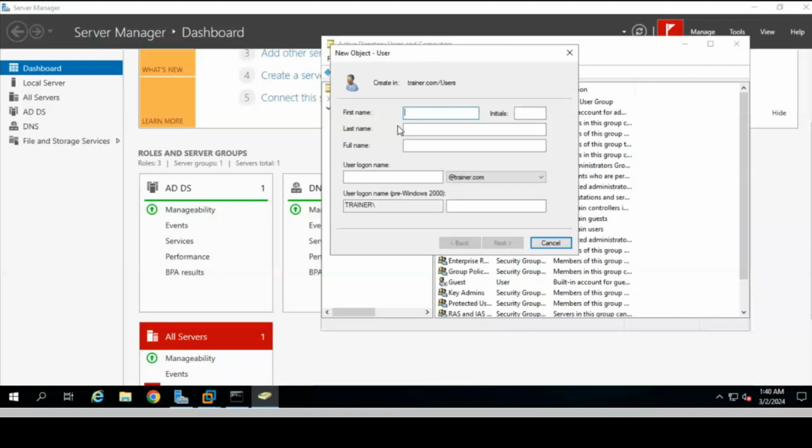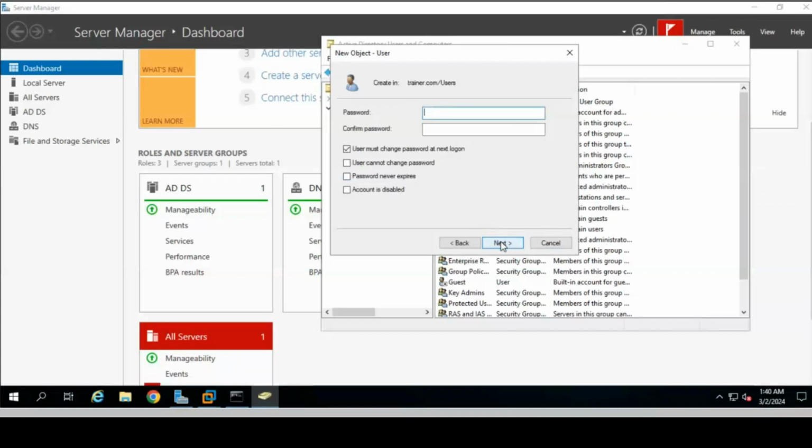I'm just creating, suppose, a new user. You can give any name, that is new user, and in the user logon name just type the name new user, because whichever name you type in the user logon name, you have to fill it in at the time of login. So the user logon name is the same, new user.